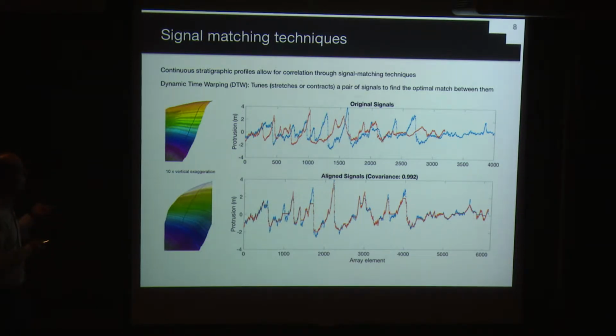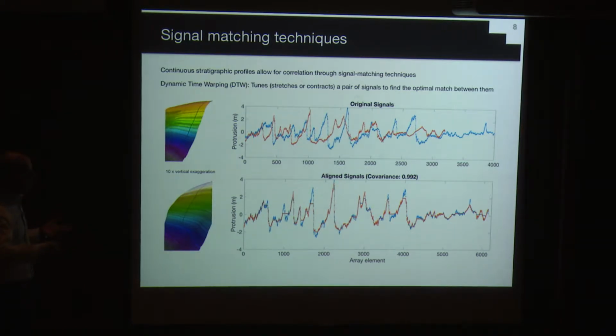And what this algorithm does, this was actually developed for voice recognition, is it basically takes a pair of signals that have similarities. And this is just the same protrusion signal that I showed before. You have 2 signals here, and this will be depth here, and this is protrusion. This was taken from these 2 sites. And so the algorithm takes these 2 signals that have similar features, but that their similarities are not so apparent because of the difference in each feature, the difference in depth range or time range of each feature. And it warps the time or the depth dimension so that the similarities between the signals are more apparent.